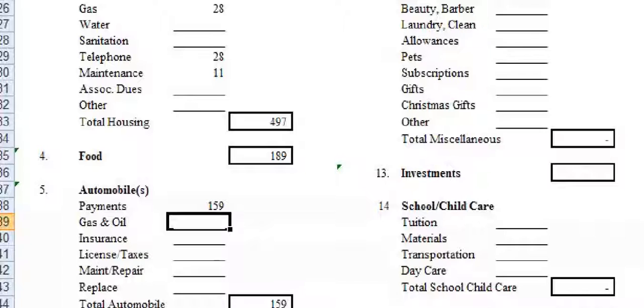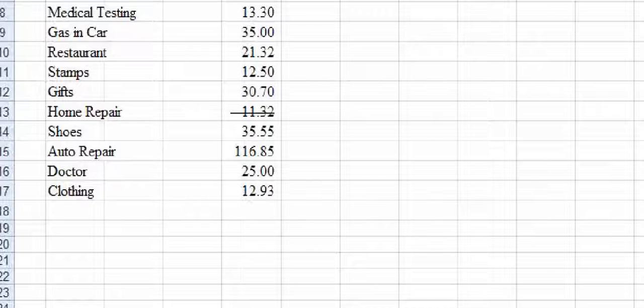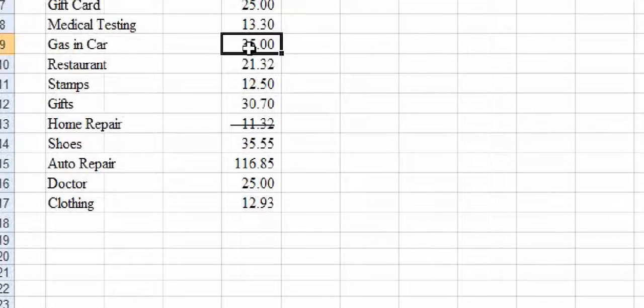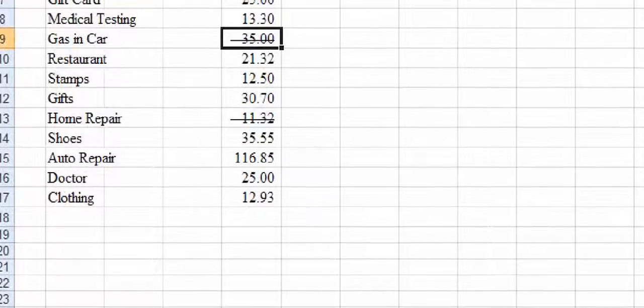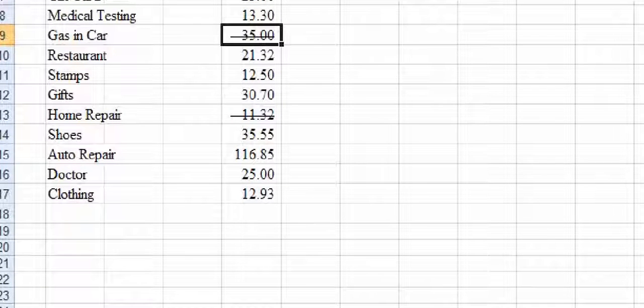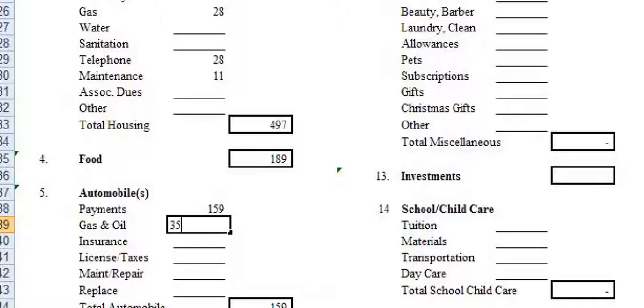Joe Demo must not drive much, since he only put $35 into his tank using a credit card. We click on that, strike out the $35, click on the blank form, and enter the $35 next to gas